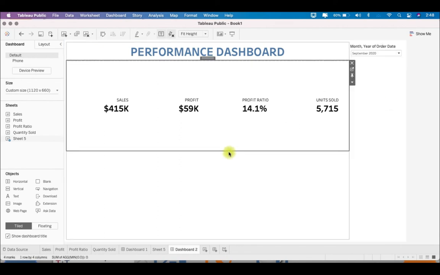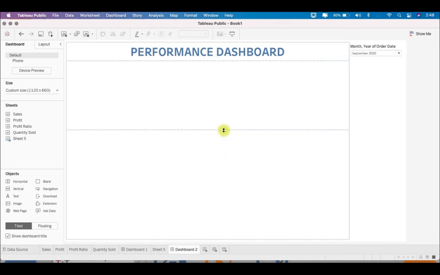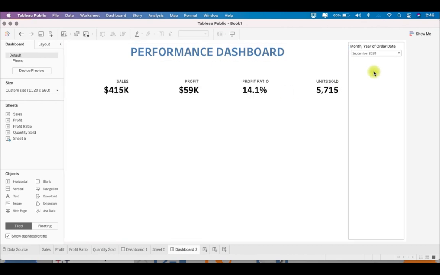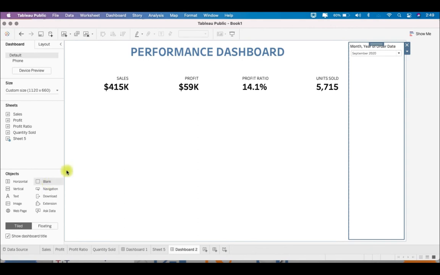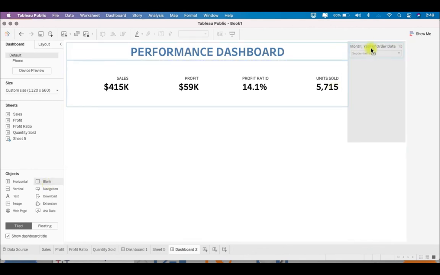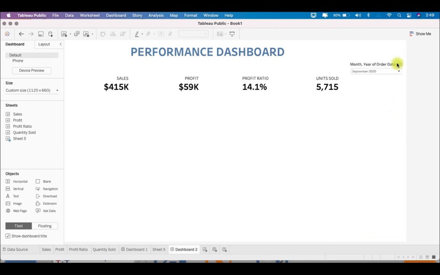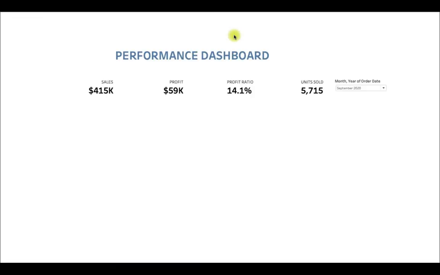Okay, and push this a bit up, and here also you can select the blank on top of the filter to adjust the size. Okay, let's say we increase slightly more. Okay, so now it looks all aligned, right?